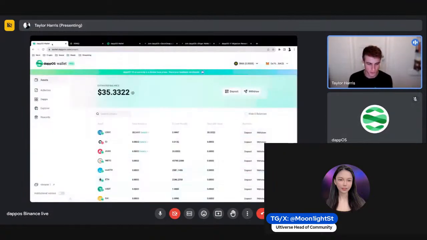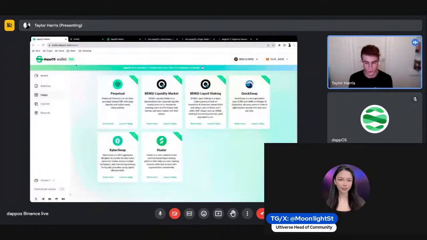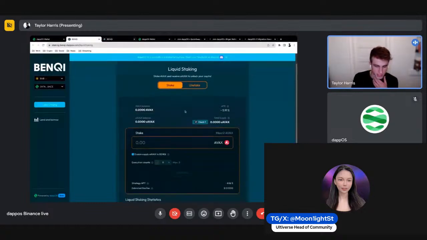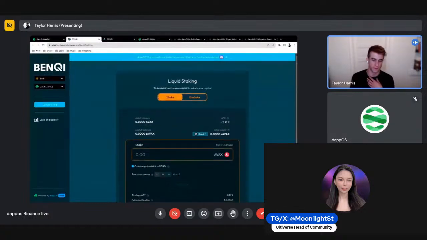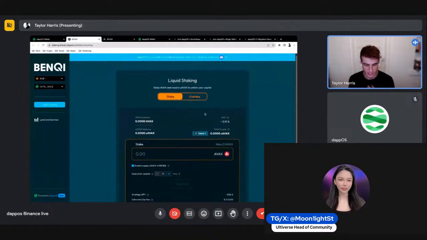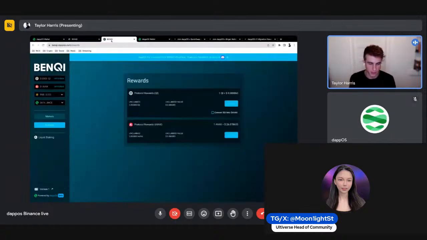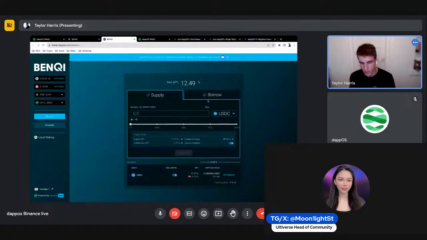The next thing I'm going to want to jump into is, again, over on the side of dappOS wallet, Banky liquid staking. Okay, Banky liquid staking. All right, so this is a little bit different. For any of you who are familiar with liquid staking, if I was at the staking market, like I just showed you before, and I went supply, borrow, that's basically recursive staking, right?